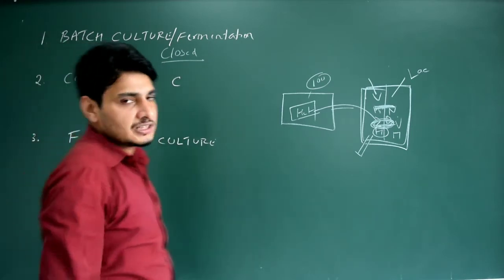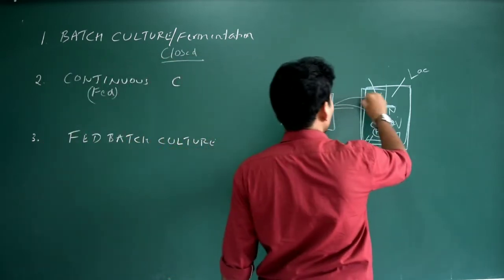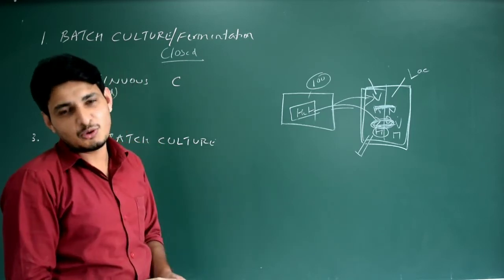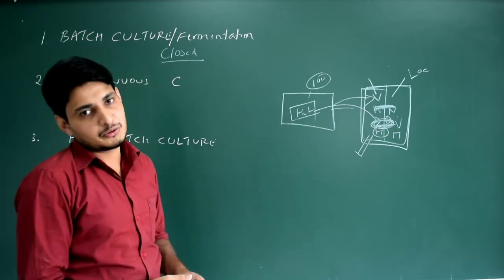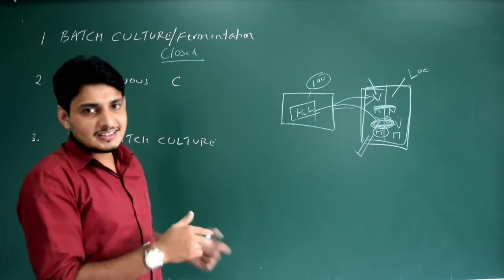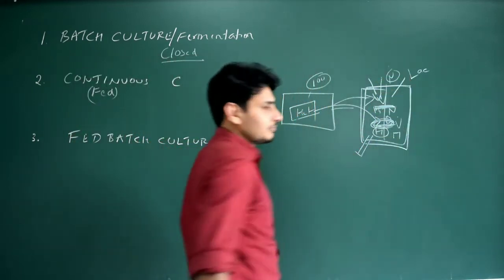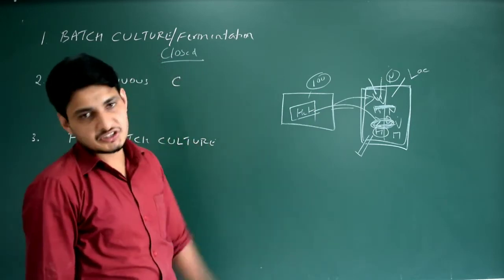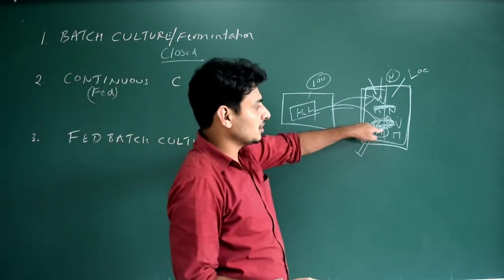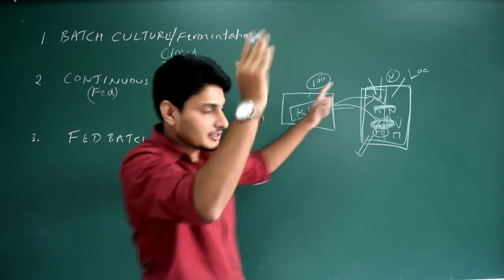What is the disadvantage of this batch fermentation or batch culture? Only a limited number of heterologous host organisms can be produced, so only limited rProtein can be produced. Got it? Some restrictions are there. So this is the disadvantage. Why is it a disadvantage? Because I cannot supply nutrients once I turn on the motor, once I initiate this step. If I provide more nutrients, the growth of the heterologous organism also increases slowly. Got it?